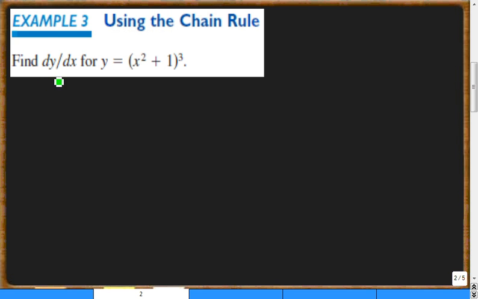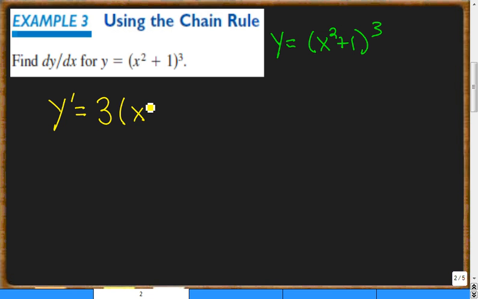So it says find dy/dx, which is the same thing as the derivative of y equals x squared plus 1 cubed. So we're going to go about doing the general power rule. So y prime is going to be, we're going to bring the 3 down. We multiply by x squared plus 1 to the 3 minus 1. We then have to multiply by the derivative of the inner function, which is x squared plus 1, by its